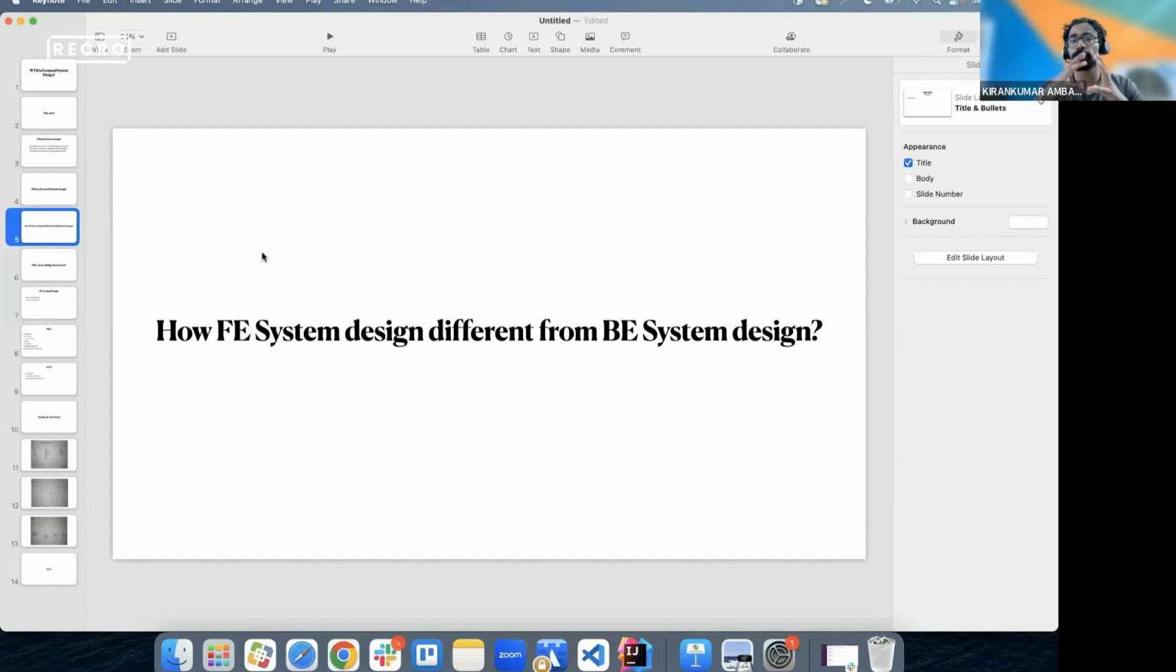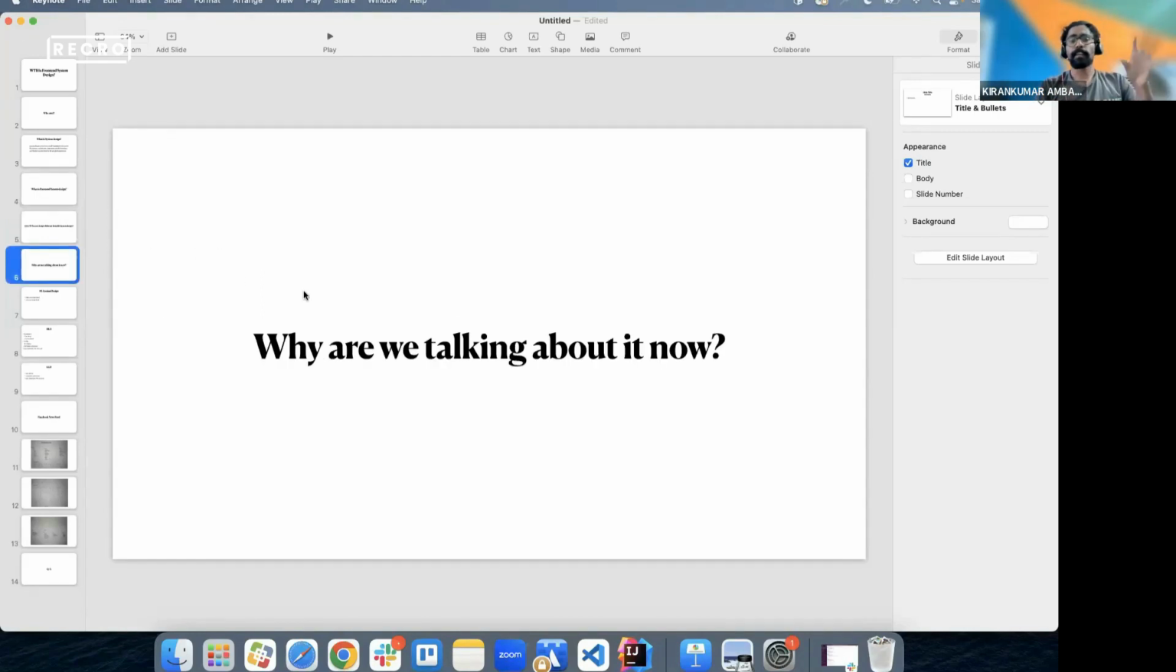So people used to generally think in terms of backend, but in recent days, at least in the last 3 to 4 years, front-end system design has been a boom, and people actually started concentrating on that. So why exactly did this happen, and why are we talking about it now rather than before? Because if you know some frameworks like Gatsby or Next.js, prior to that,